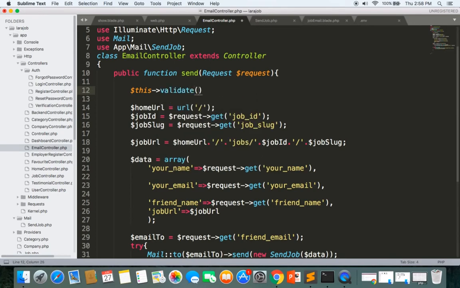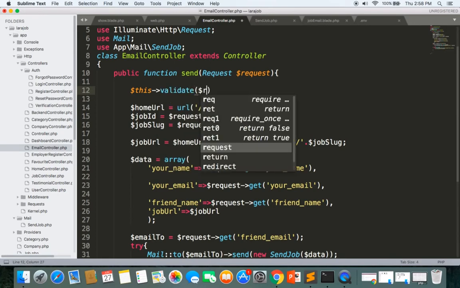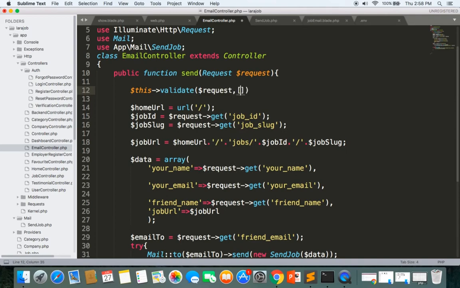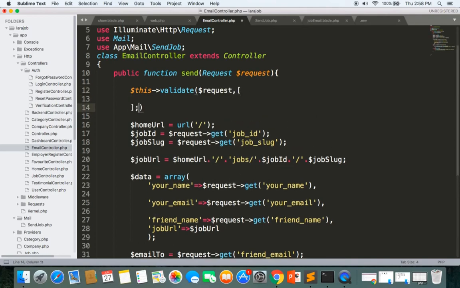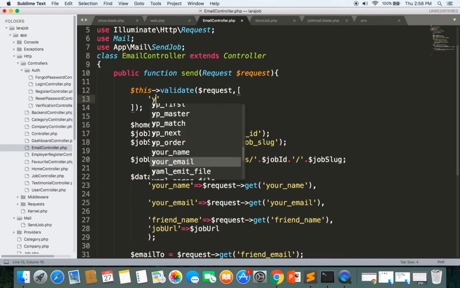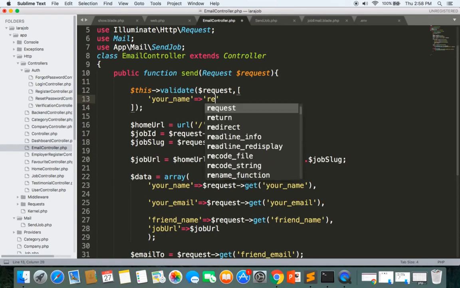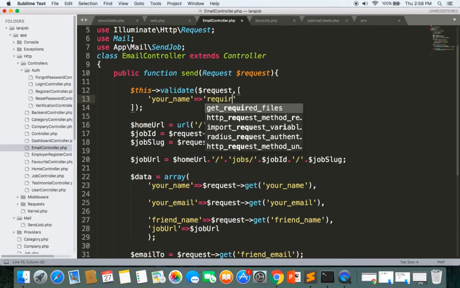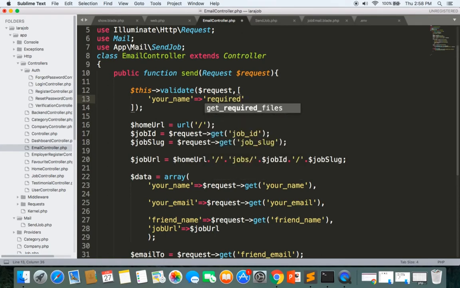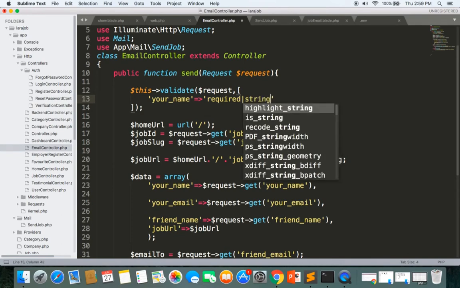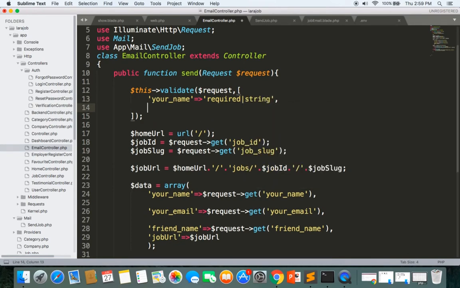Validate, and here is the request, and here is the data that you want to validate. Okay, let's say the first is your name, which should be required, right? Required, and this should be a string,